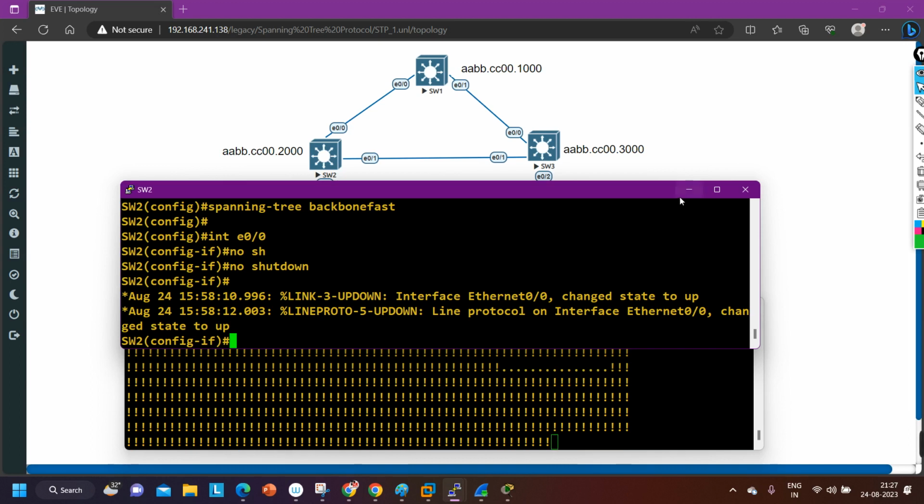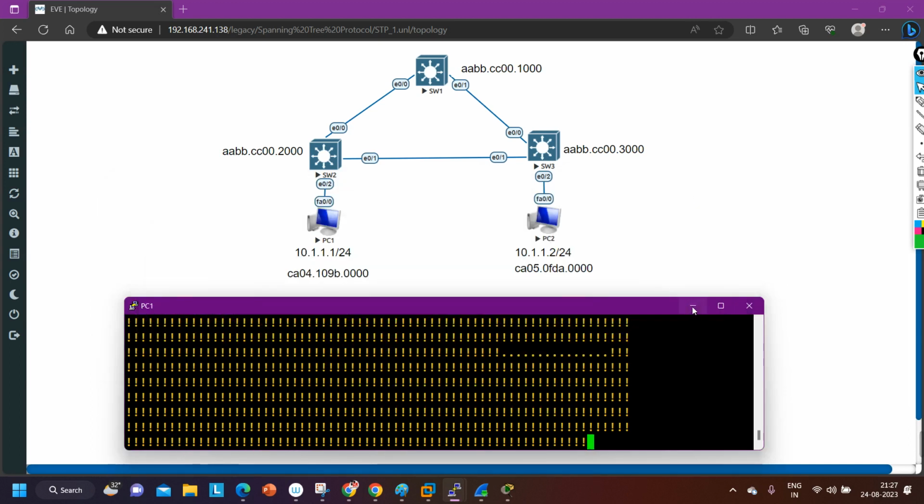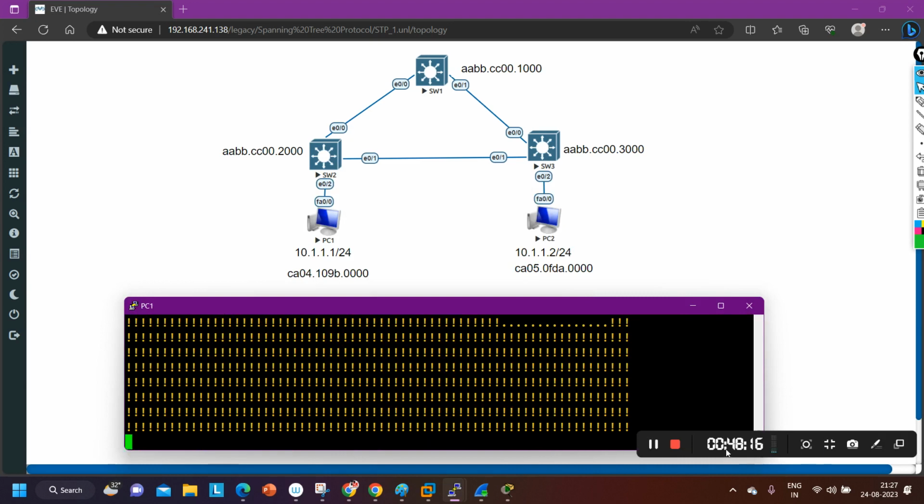Fine. So this is all about spanning tree topology change. If anyone now has a question,